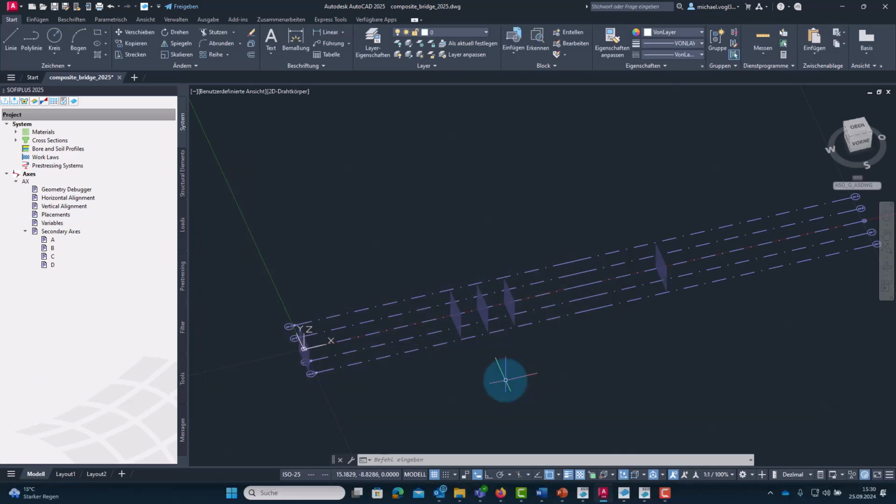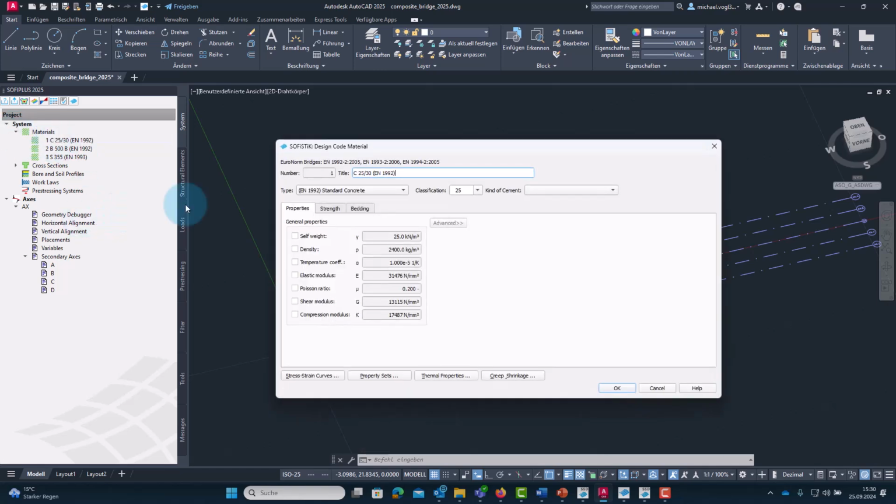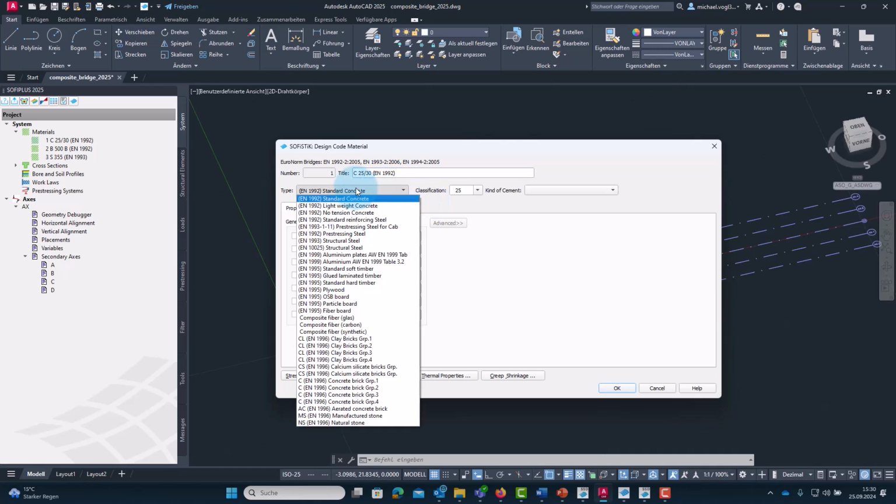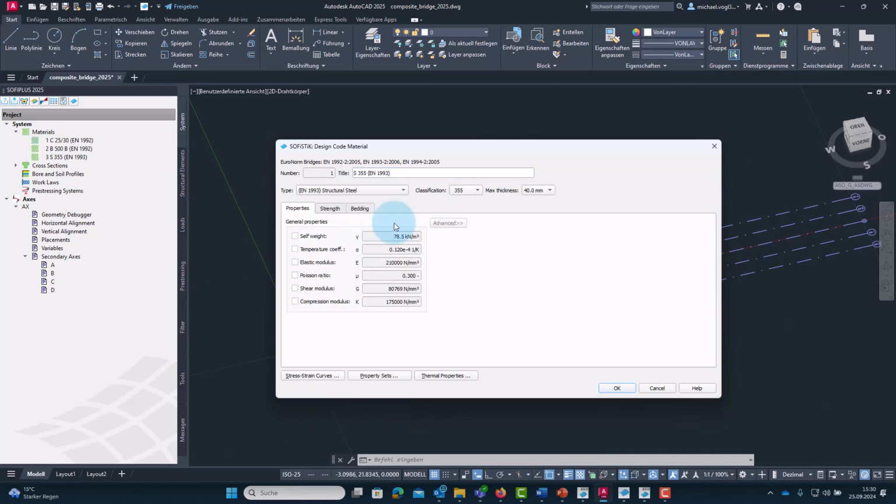Next we define the materials for the cross-section of the main girders. Go to materials, and as you can see we have already materials available but not the ones we need, so change the first material to structural steel of type 355.